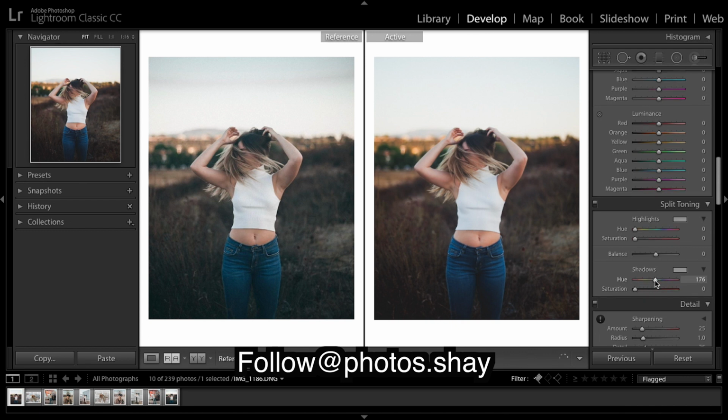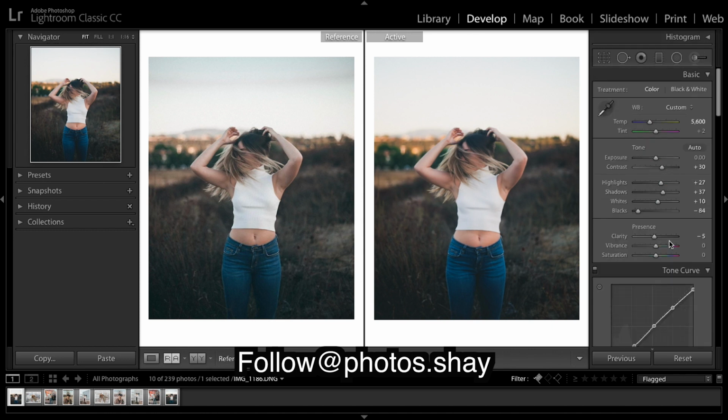So I think that looks closer. Might just add some warm tones in there as well to the highlights. Right, now